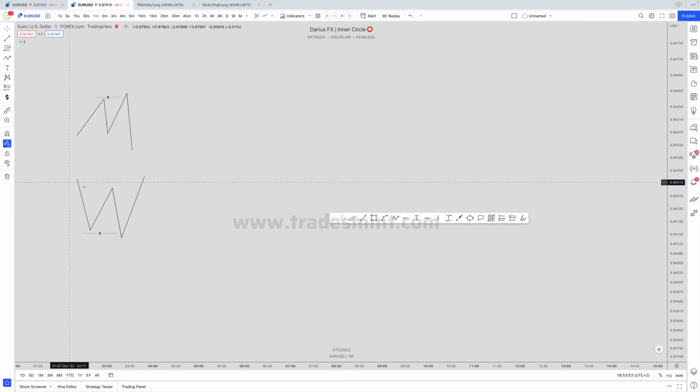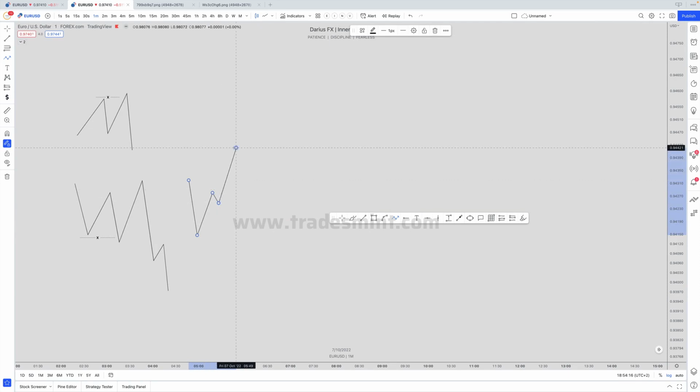Now, what does that mean right now? Just for us to make a further context, super important. What can price now do in a situation like this? From here, it can easily take out the low. That's what's possible. But, and then continue higher. But it's also possible from here for price to make a pullback and then go down lower. Keep that in mind.